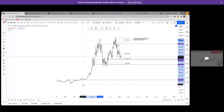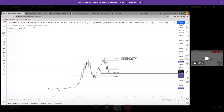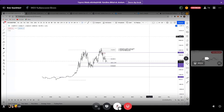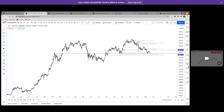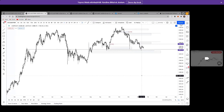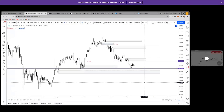I mean, most of those guys have valid theses, you could say, for BTC reaching those prices based on the stock to flow, all of that, on-chain analysis stuff. But from a technical perspective, I really think that BTC could top out around 100K. And